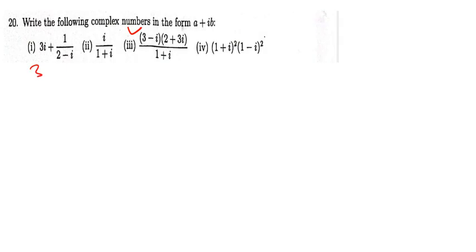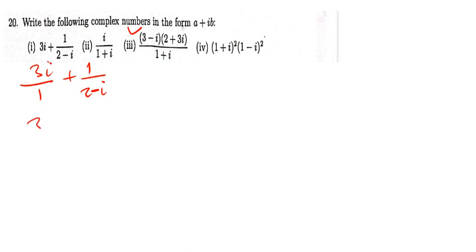So 3i divided by 1 plus 1 divided by 2 minus i. Mute your mic. From here, what I'm going to do, there are too many ways of killing a rat. But I'm going to use the simple method. Either I can get the common denominator direct, or I can get the conjugate both sides. What I mean is